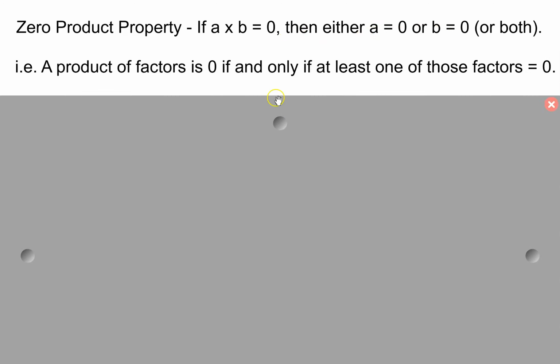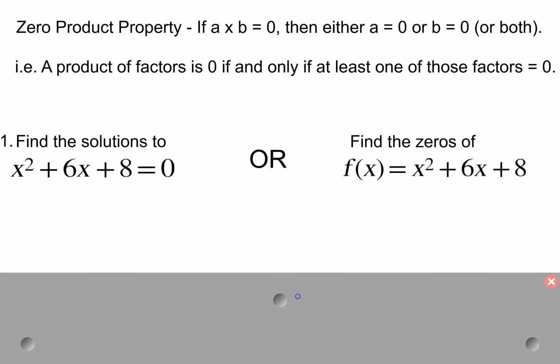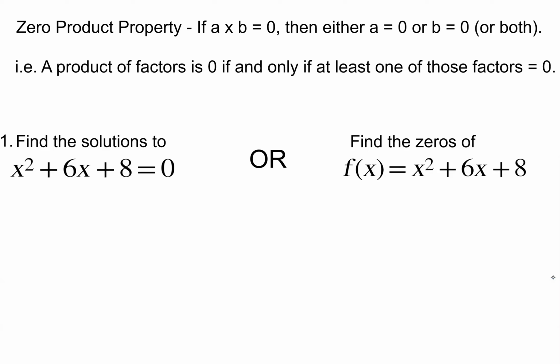Okay, so another way to say that is if a product of factors is 0, product meaning multiplying, factors meaning two or more things multiplied together. If we do that and it equals 0, the only way that's possible is if at least one of those factors is 0. It should be a fairly obvious statement, but where it's really important is how it applies to